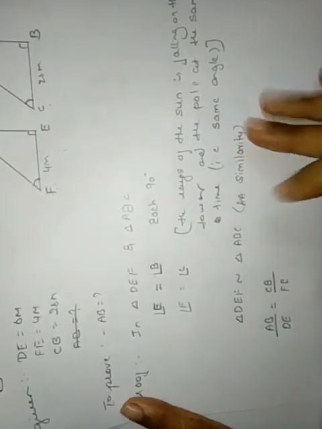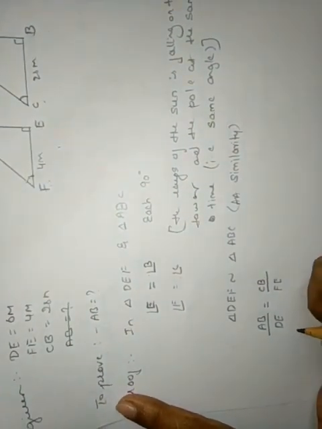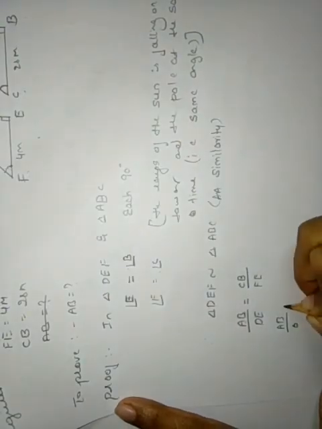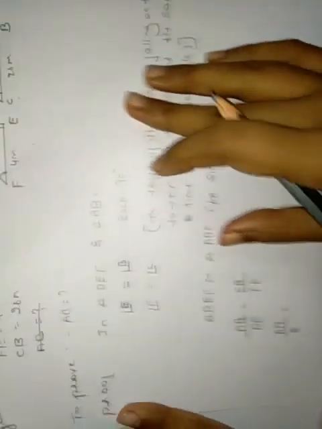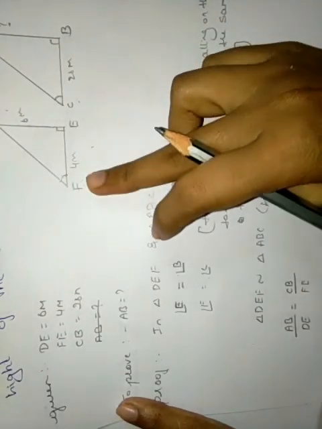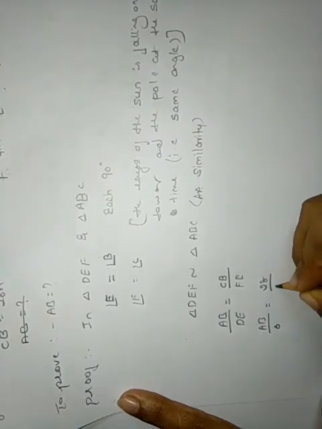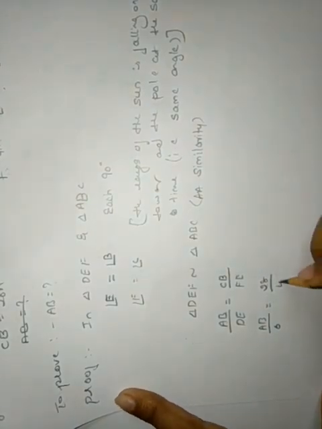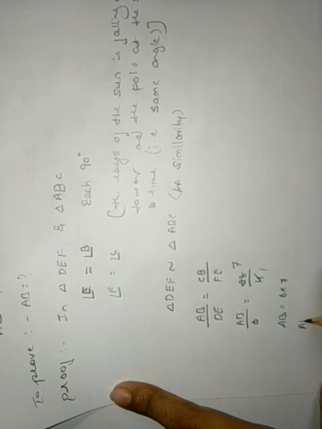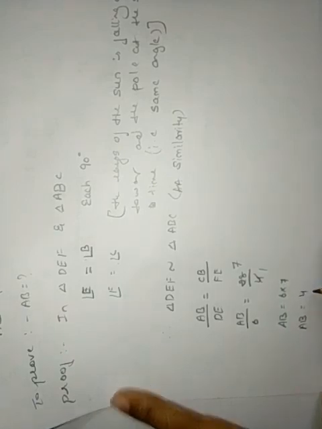Now we'll substitute the values. Here we need to find AB, so we'll keep AB as it is. DE means 6 meter is equal to CB means 28 meter divided by FE. FE is 4 meter. Right. Now we'll simplify. 4 ones are 4, 4 sevens are 28. Now AB is equal to 6 into 7, that is 42